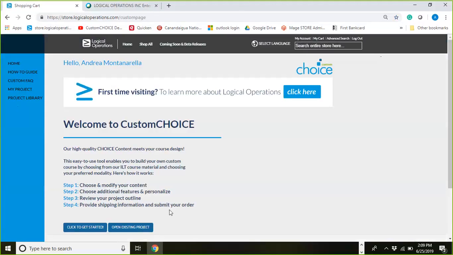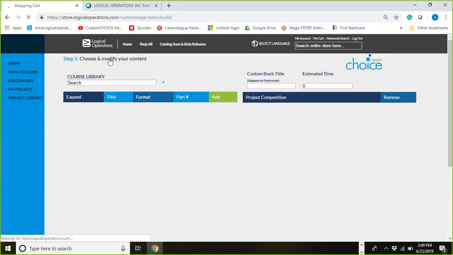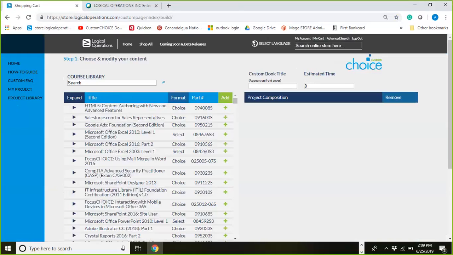So steps 1 through 4 is an overview, but we're going to click to get started because that's what I'm going to demo for you today. So step 1 is to choose and modify your content. On the left-hand side, you're going to see the Logical Operations course library. This is where the 370 courses live, and you can search one of 2 ways. You can search by part number or by title. So we're going to put together a Word and Excel book today. So I'm going to type in Word 2016,